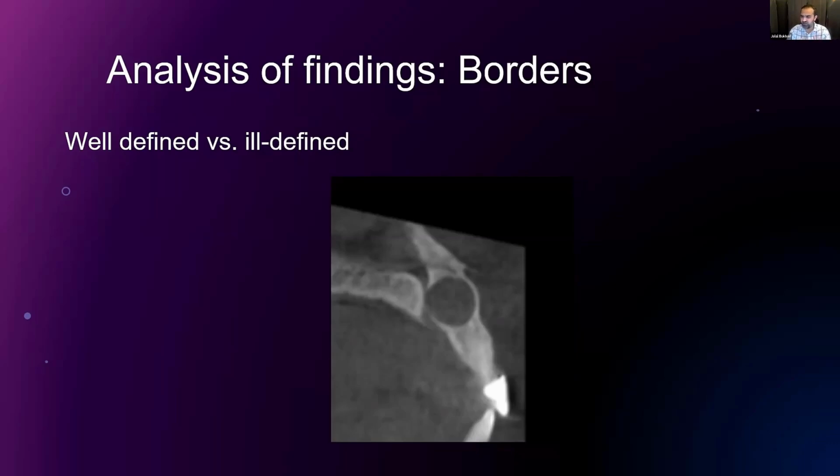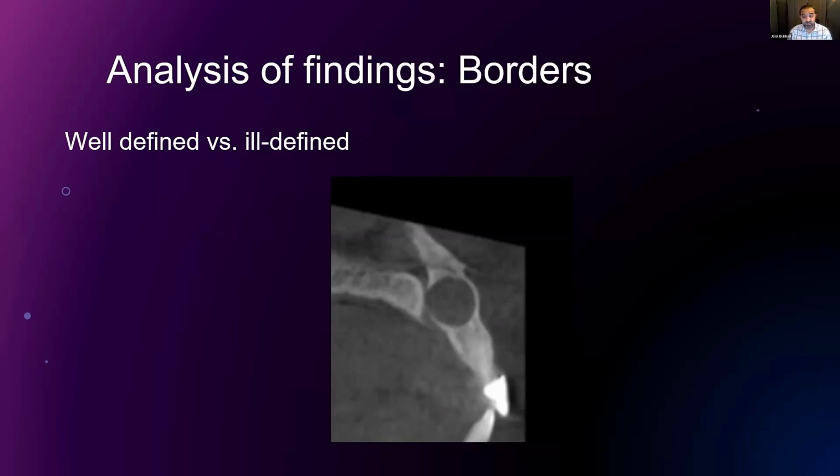Some of them can be circular. Some pathologies may have irregular contours, and we'll come across some of these examples later on in the presentation. But let's take a dive into the first analysis, and that is borders. We first want to know whether a border of a pathology is well-defined or ill-defined. To me, a well-defined border is something that you could possibly trace and easily know where the boundaries start or end. Well-defined borders tend to occur in pathologies, as Dr. Polina mentioned, cysts, cystic lesions, some benign neoplasms, and even some fibro-osseous conditions,